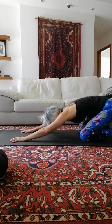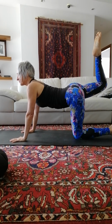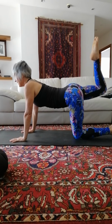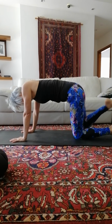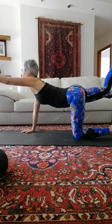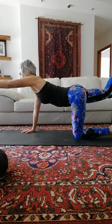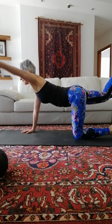Good. And then we can take this pose into lifting the leg up and drawing it in. And lift. So now we're adding more weight. Inhaling and exhaling. Good. And then extending that leg and arm away from each other, and then bring them to touch. And forward and back, adding a bit of balance challenge, some stability work for your spine, and also more